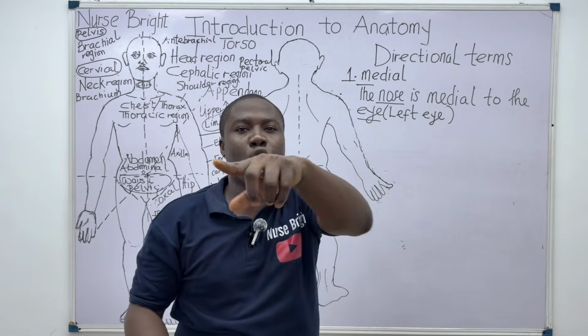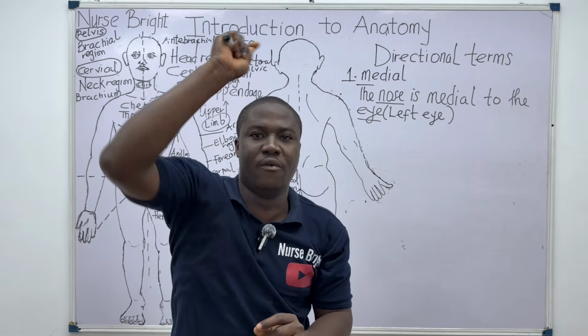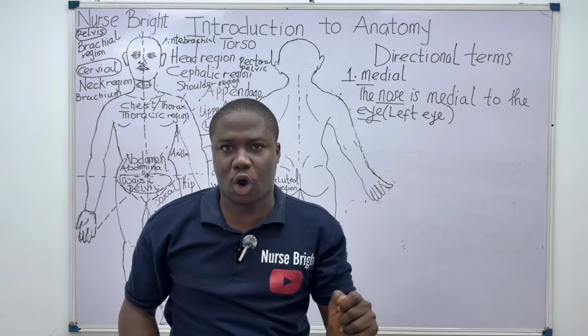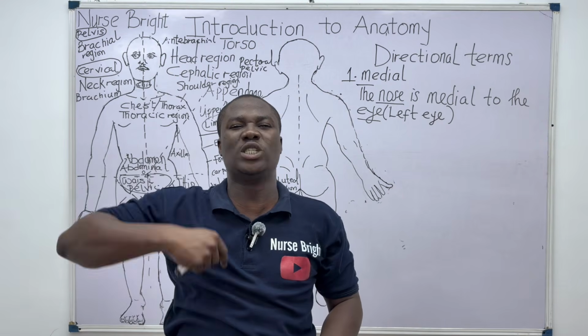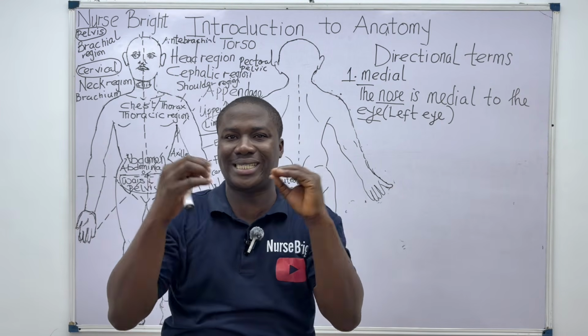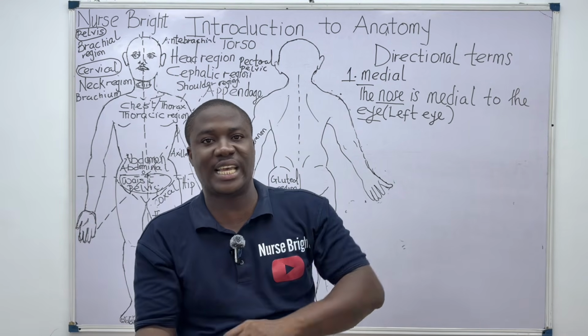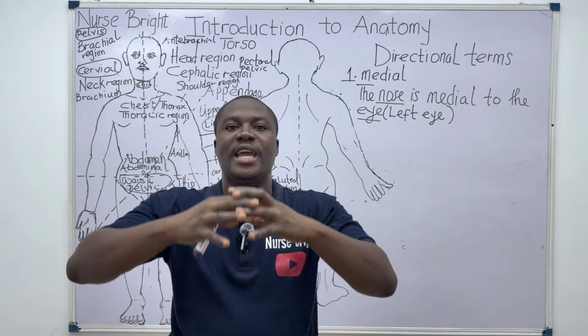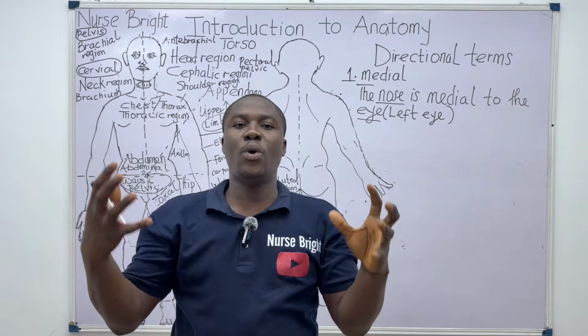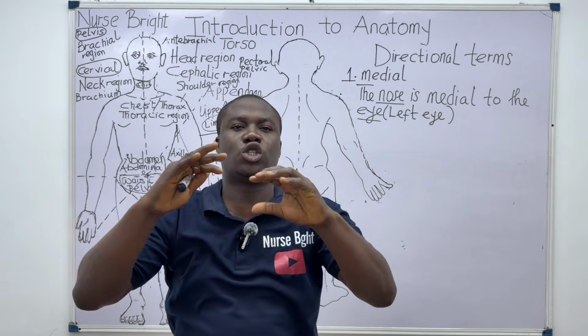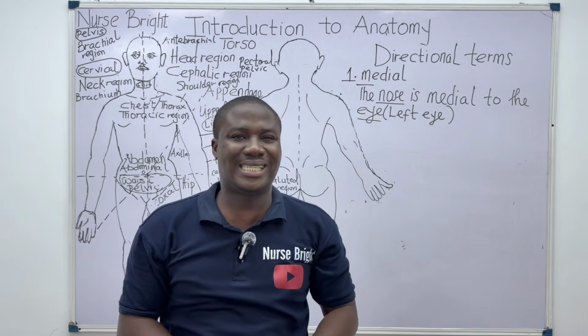Because we said that to use directional terms, there must be a relationship between two structures. You can see how easy it is. It's not hard at all. I'm going to give us more examples and more practice questions to understand medial as a directional term, to understand anatomy introduction, because as we go deeper in this class lessons, we're going to talk about the internal structures to understand the usage of these terms.